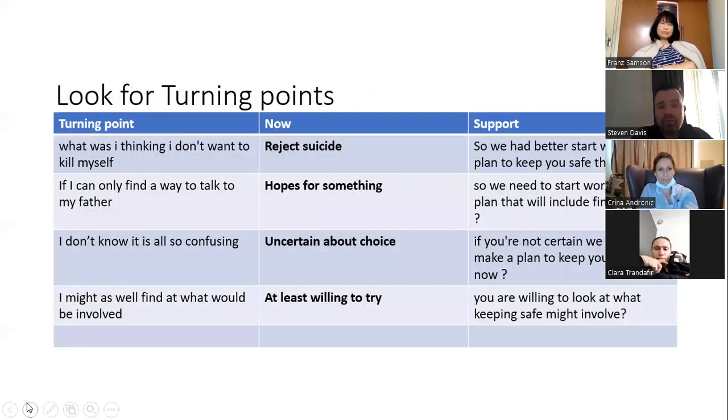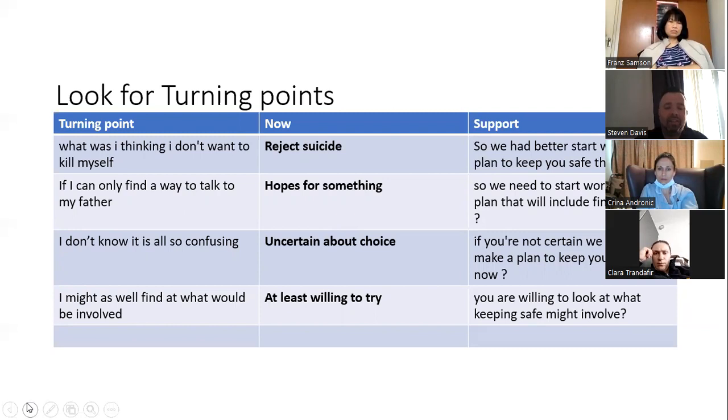Like we said, you're going to be looking for those turning points. What you're hoping for is that they're going to reject suicide. So in other words, they don't want to do it anymore. Look, I thought about it actually after talking to you. I'm fine. I haven't got any plans here. Hope for something. So you've got some of those protective characteristics. So for example, maybe you've grabbed me and I say, look, get me somebody to talk to. I talk to them, that makes me feel better. If I'm uncertain about my choice, you can say things like, so what I'm hearing is you don't really want to do it. So again, we're just looking for those turning points to take them away from suicide.